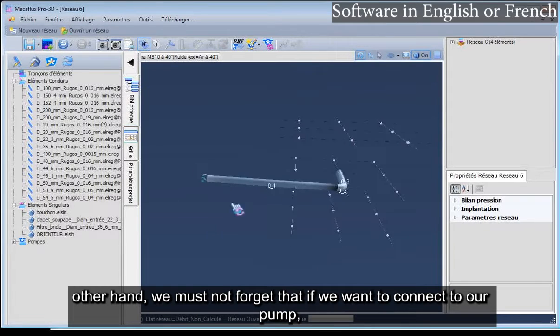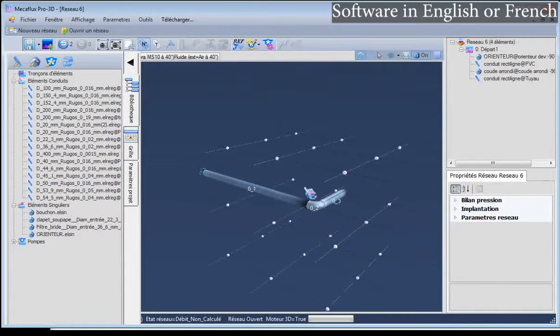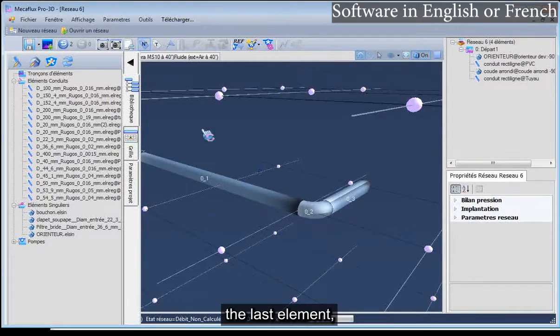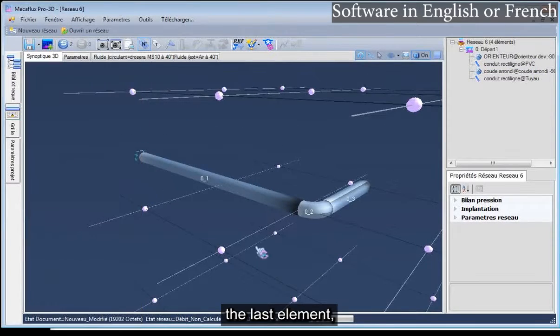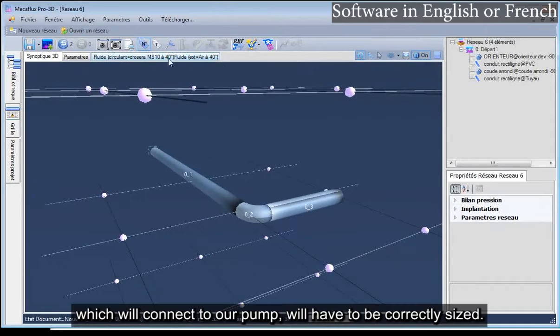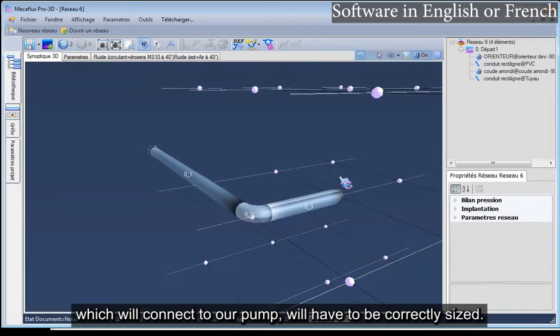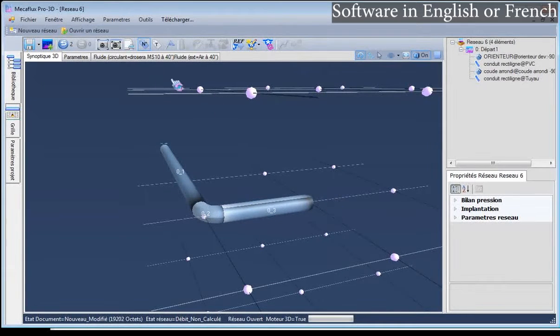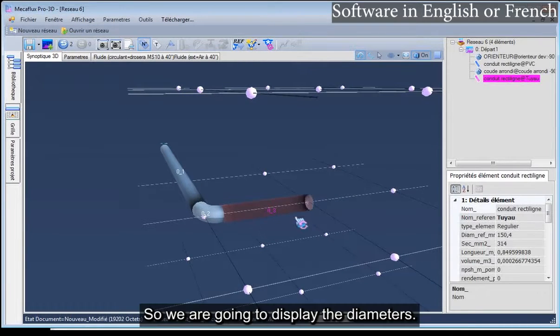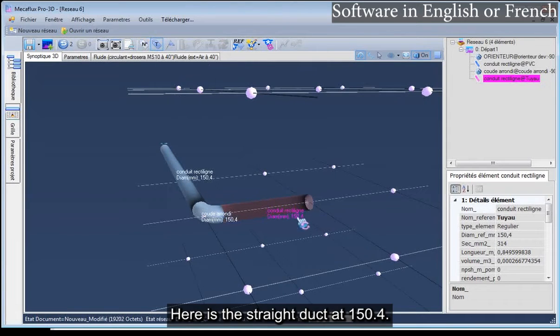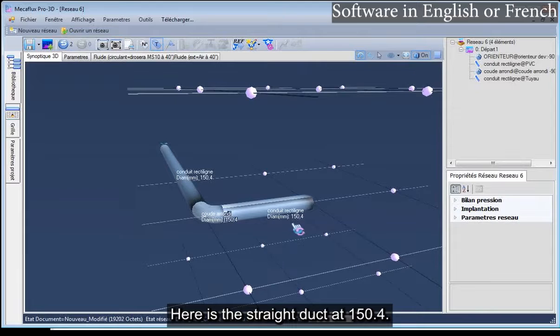On the other hand, we must not forget that if we want to connect to our pump, the last element, which will connect to our pump, will have to be correctly sized. So we are going to display the diameters. Here is the straight duct at 152.4.